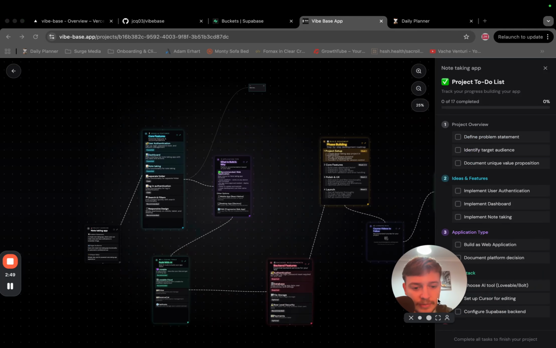And essentially you can see here, you can move around the whiteboard and you can see different phases, right? So you've got an ideas and features phase, you've got the project overview, you've got the tech stack, the application type, why you should build it as a web application. You can change this as well if you want. Background features, back end features you need, and then the build roadmap, how to build it in terms of phases. And then here you've got the course videos to follow, so it's actually going to suggest certain videos to follow in the course as well.